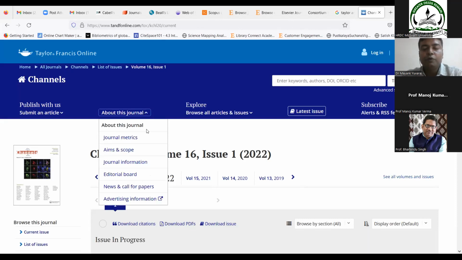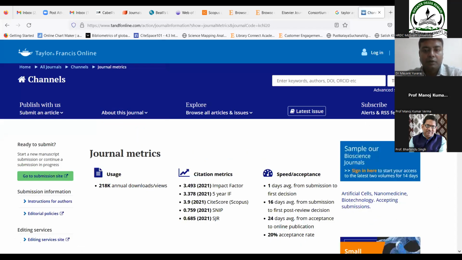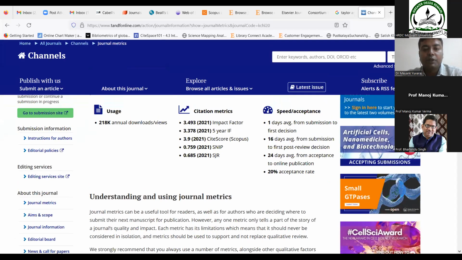If you look at any journal published by Taylor and Francis, you will find a link to journal metrics, because most of the time we want to publish our paper as early as possible. So this statistic is very relevant.